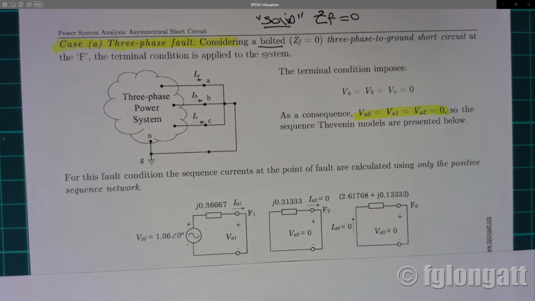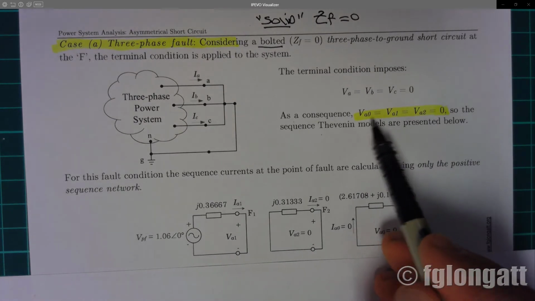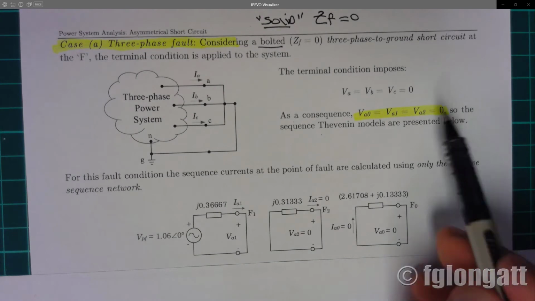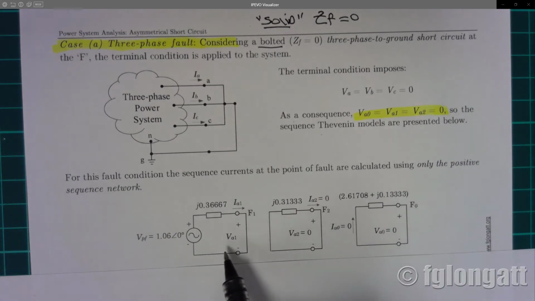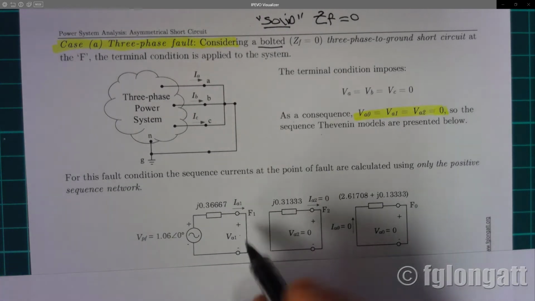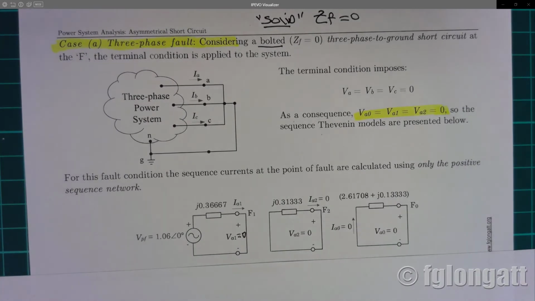Now, what we need to do is use this condition, this terminal condition, at the positive, negative, and zero sequence, and see what are the symmetrical currents moving inside the circuit. Okay, if you look over here, zero, positive, and negative sequence, the three are 0. This is also 0. Okay, and